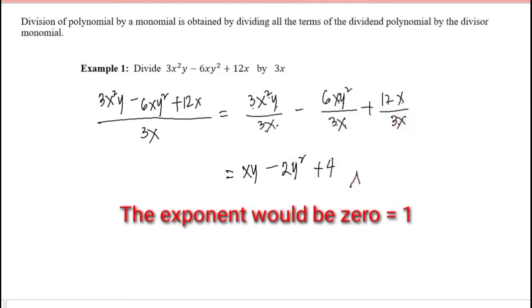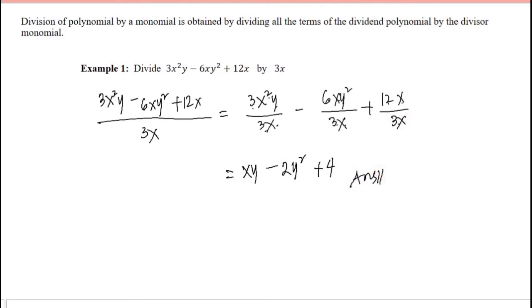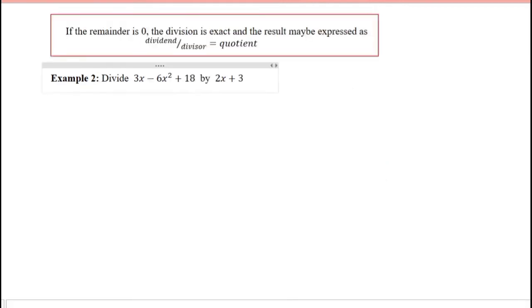So this is our answer. We have the remainder of 0. The division is exact, and the result may be expressed as the dividend divided by the divisor is equal to